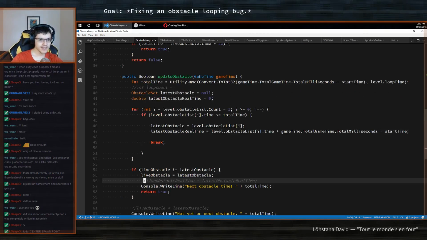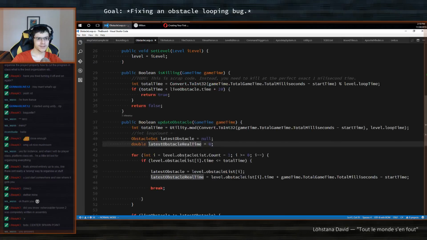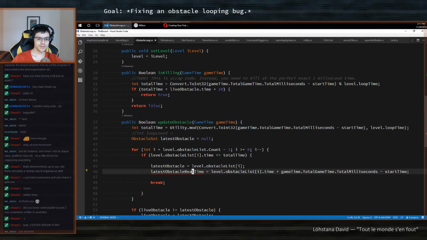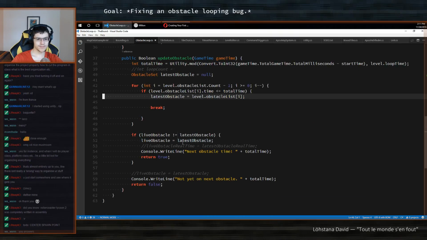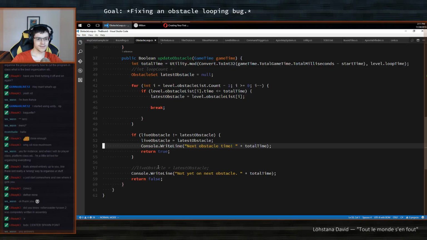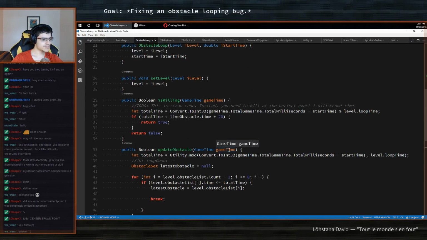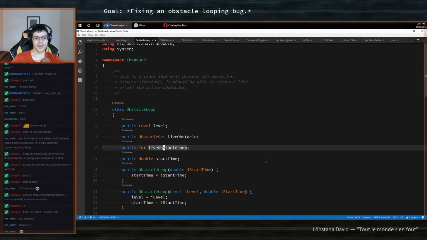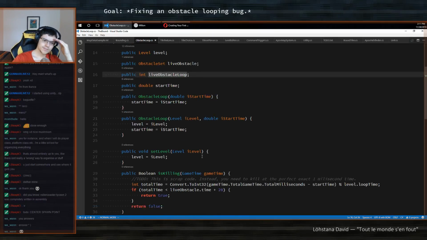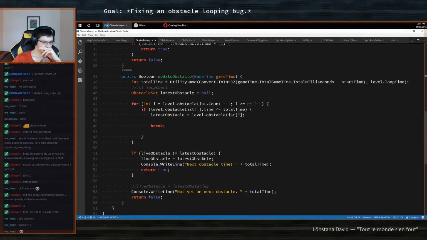Anyway, while I explained this, I figured out how to solve what I was trying to do. Let's get rid of all that. Nice. Okay, live obstacle loop. Loop count.